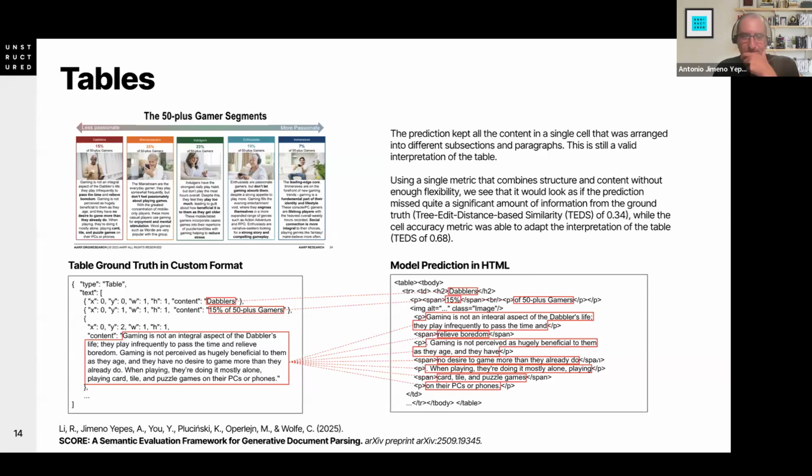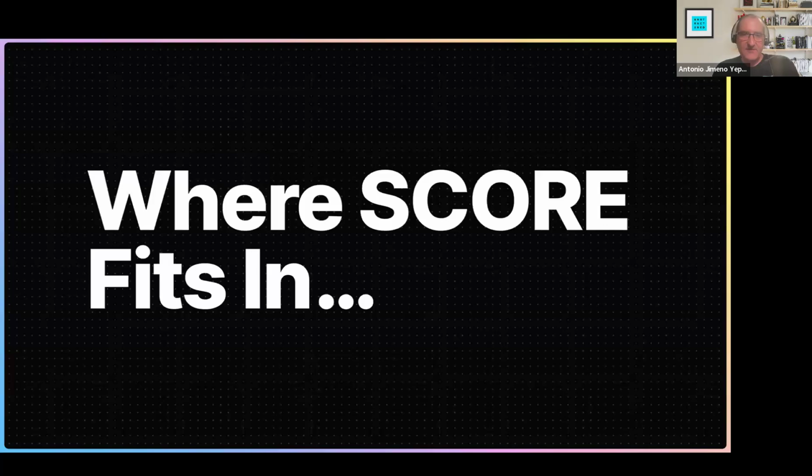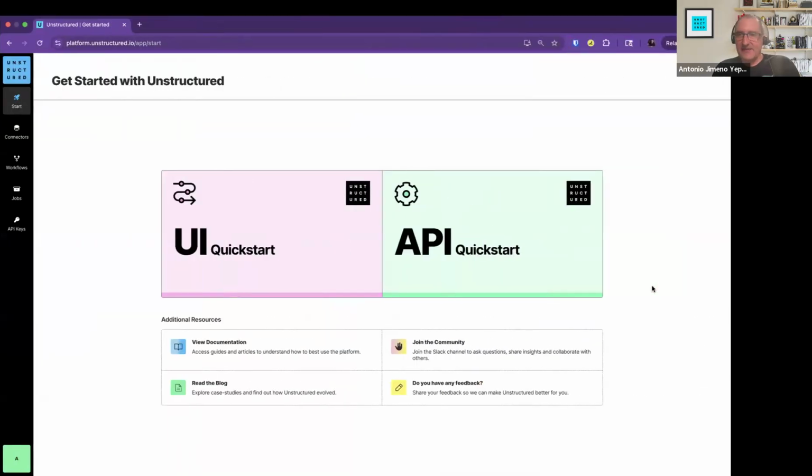So I have been showing now what the score framework is and a couple of examples, but I would like to show you where the score framework fits in. And for that, I will jump quickly to our platform. So some of you may know that we have a hosted managed platform where we can set up different